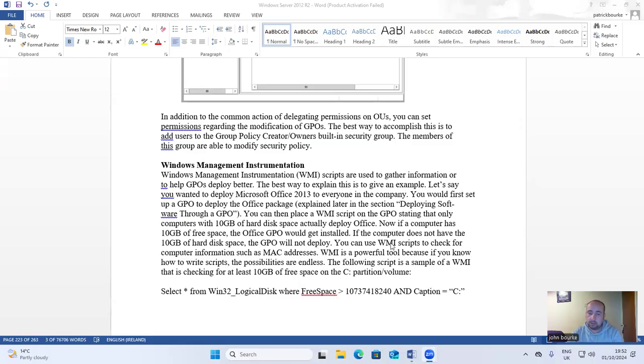You can use WMI scripts to check for computer information such as MAC addresses. WMI is a powerful tool because if you know how to write scripts, the possibilities are endless. The following script is a sample of a WMI query that is checking for at least 10 gig of free space on the C partition volume. Select * from Win32_LogicalDisk where FreeSpace > 10737418240 and Caption = 'C:'